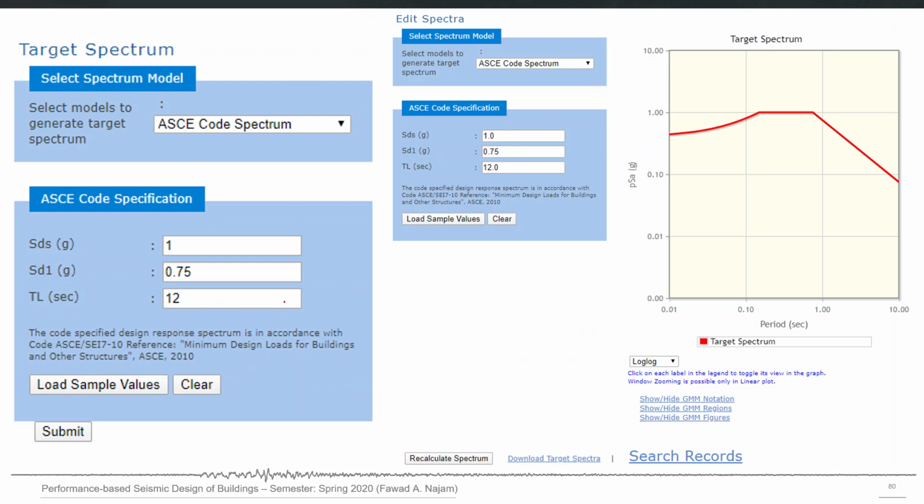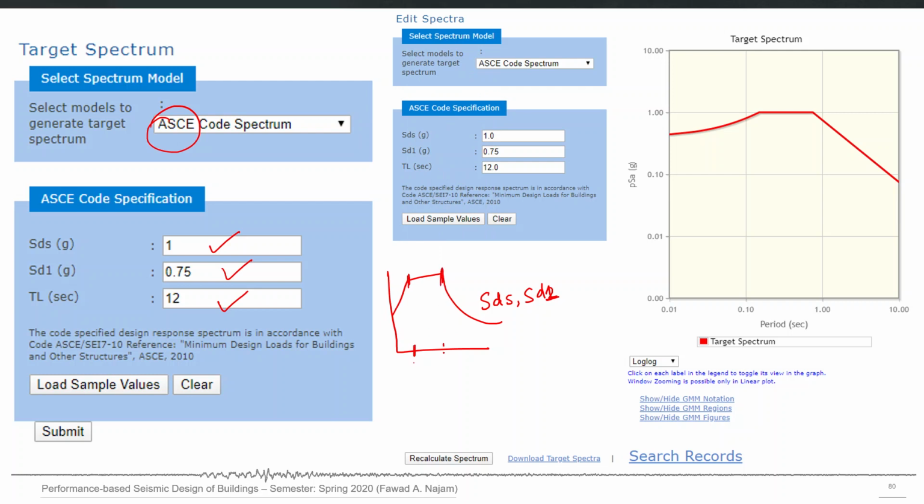And then if you go for the ASCE code spectrum, you have to provide SDS, SD1 and TL. These are basically the three inputs required to construct the target spectrum. If you remember, the target spectrum was such that all the equations were in the form of SDS and SD1. So these are the two main parameters required. The time where it changes the shape of the spectrum is also a function of SDS and SD1.